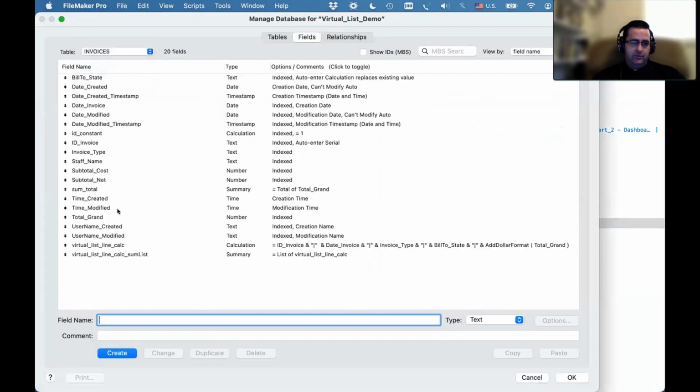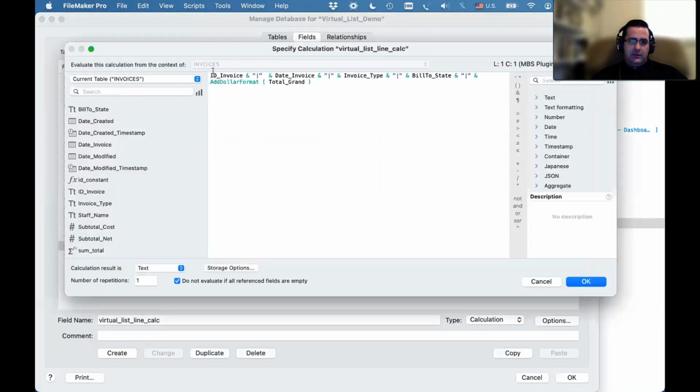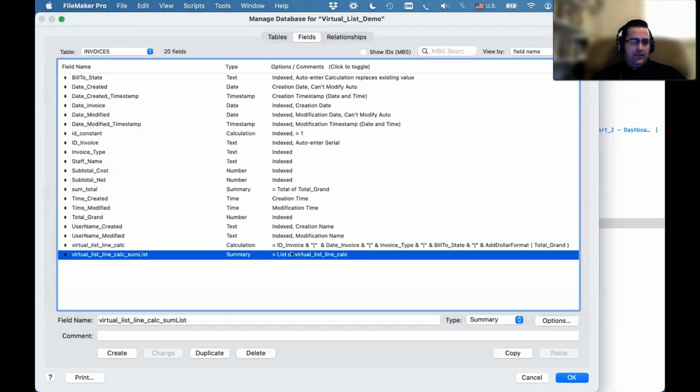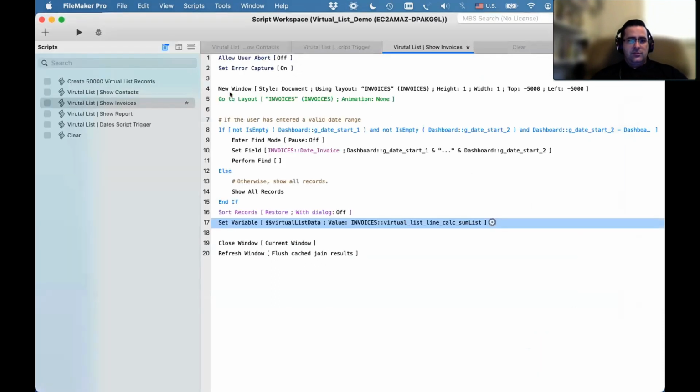In invoices here, it's pretty much like that contacts field that I showed you, where you have a list of fields separated by a pipe character. And on here, I put a little custom function for a total field that puts a $ sign and a thousands separator in, with 2 decimal places. That's something that you'll want to keep in mind there. Okay, and then it gets a list of that calc. All right, so everything is pretty much